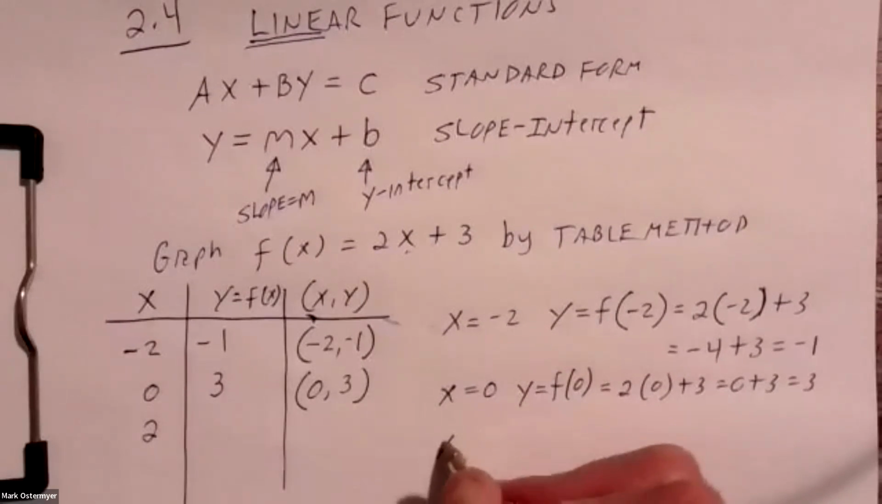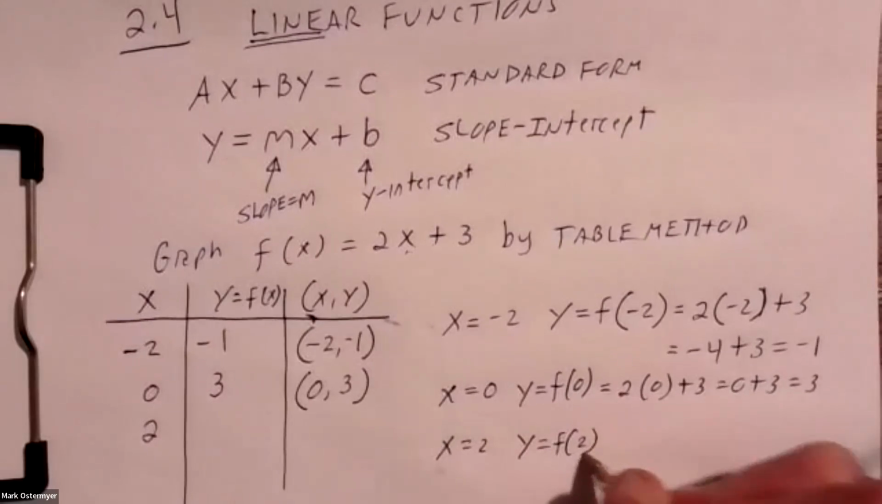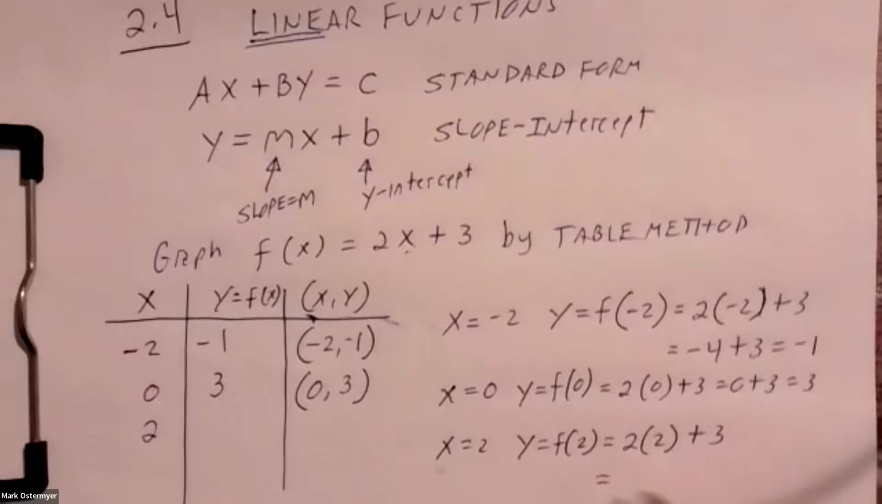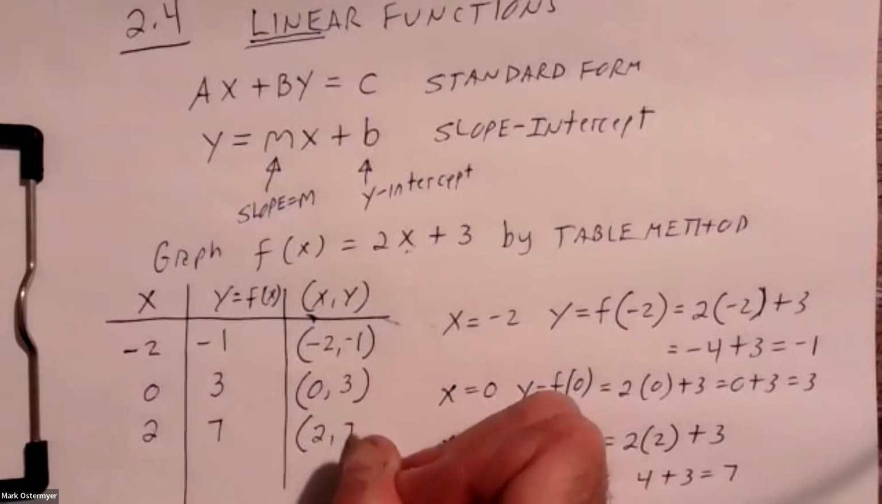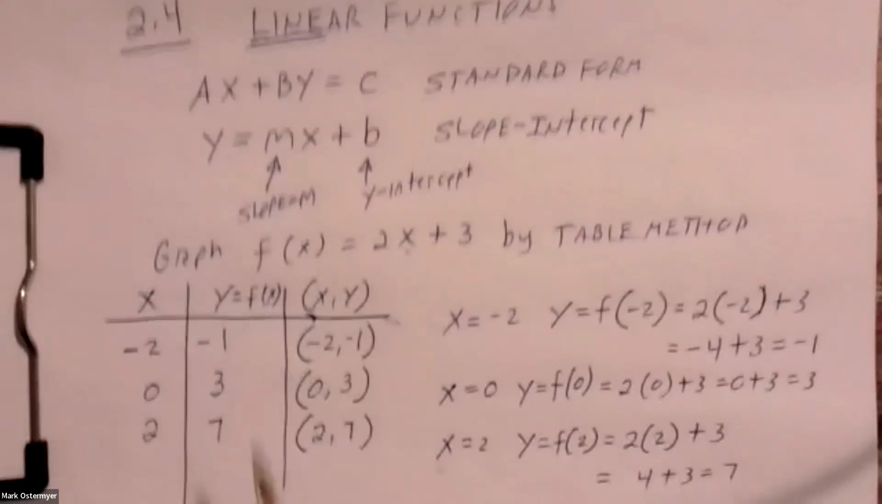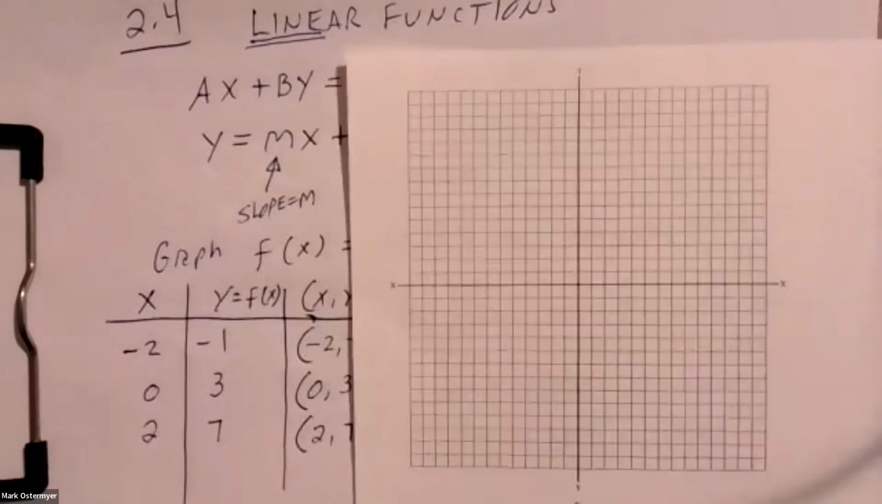Finally, if we let x be equal to positive 2, y is going to be equal to the function evaluated at 2, which is to say 2 times 2 plus 3, which is to say 4 plus 3 or 7. So we have another point we can plot that would also lie on the graph of this linear function: 2, 7. That should be more than enough ordered pair solutions or points to determine the unique graph of this linear function in the plane. So what I will do now is take a piece of graphing paper here,